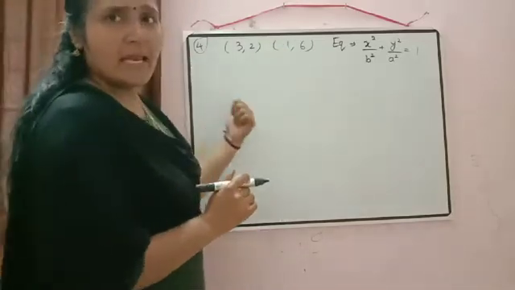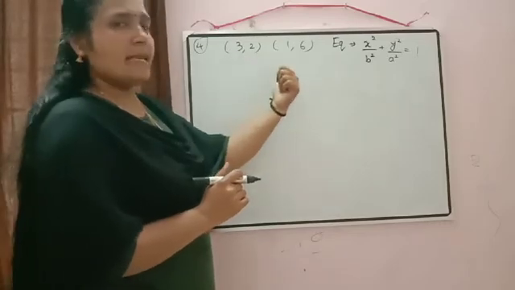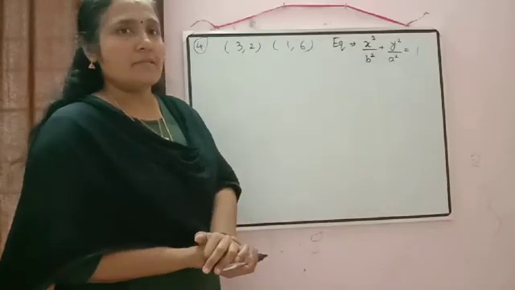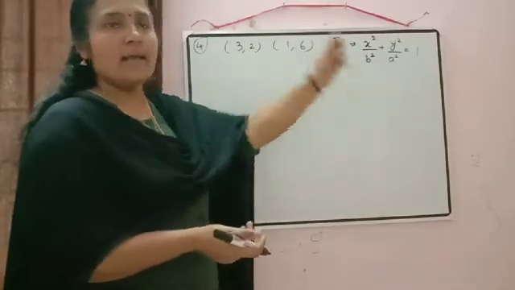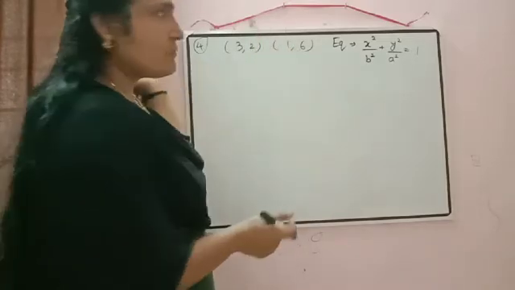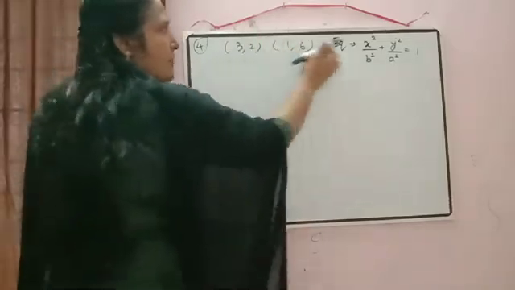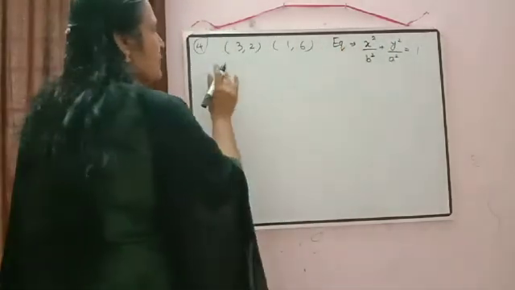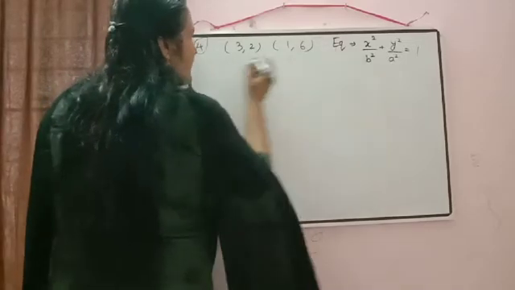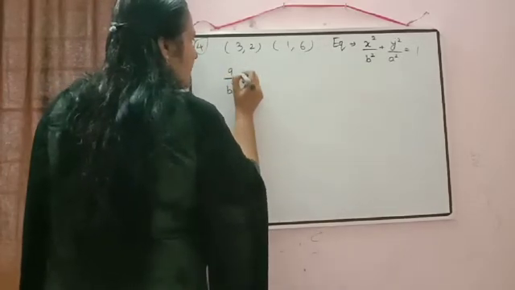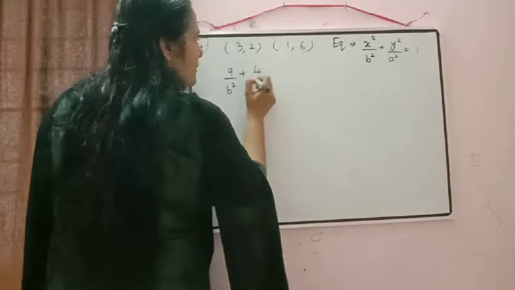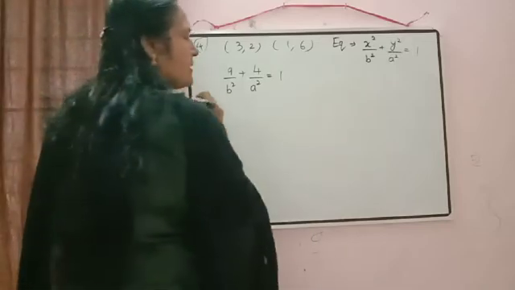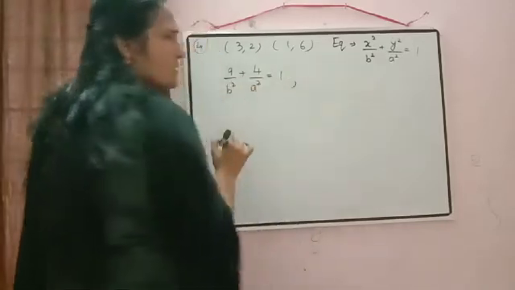We know if the ellipse passes through a point, then the given point will satisfy the equation of ellipse. So in place of x and y, we will substitute these values. So first one, in place of x we are going to substitute 3 and in place of y we are going to substitute 2. So our first equation will become 3 square, so 9 by b square, plus in place of y, 2, so 4 by a square is equal to 1. Call it equation 1. So this is the first equation.